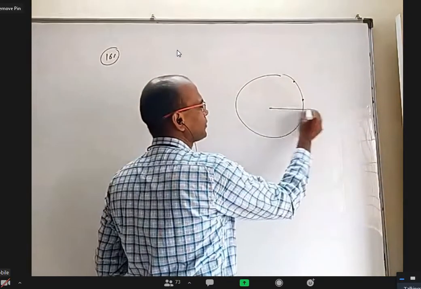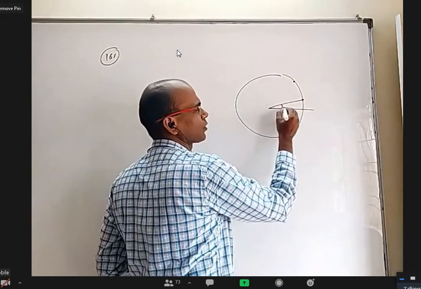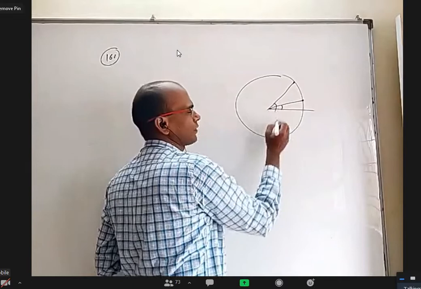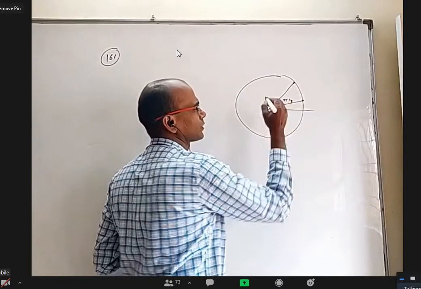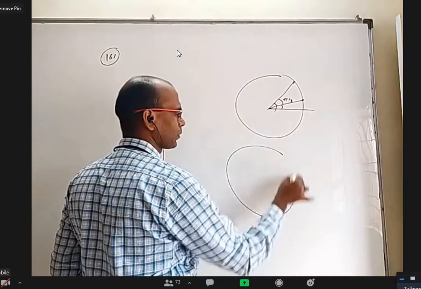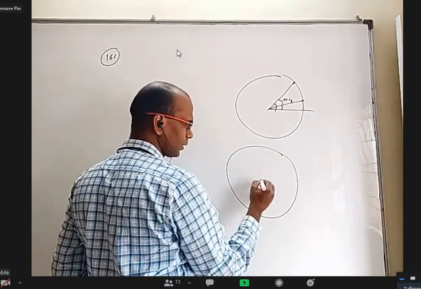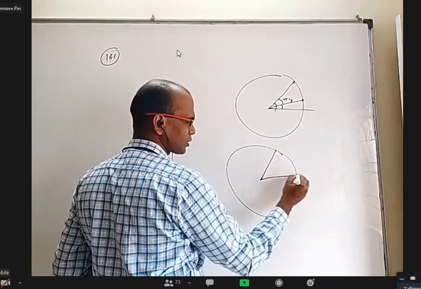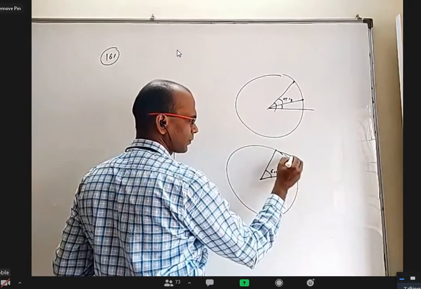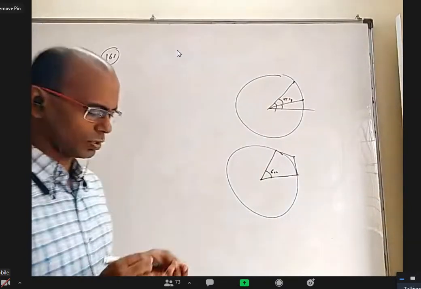Basically, parametric angle means what? When you join to the center with x axis, how much it makes. Similarly, parametric angle of this is this whole thing. The difference is pi by 3, which means basically this angle is pi by 3. So I can simply state this question as: there is a circle. There are 2 points like this where this angle is 60 degrees. You draw tangents there, they'll intersect at one point. What is the locus of that?